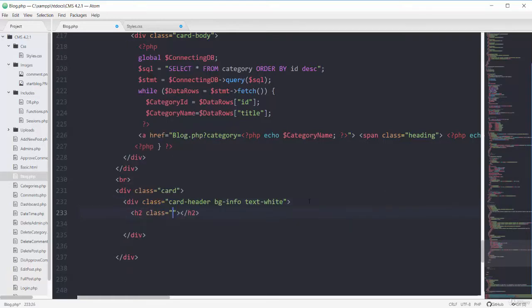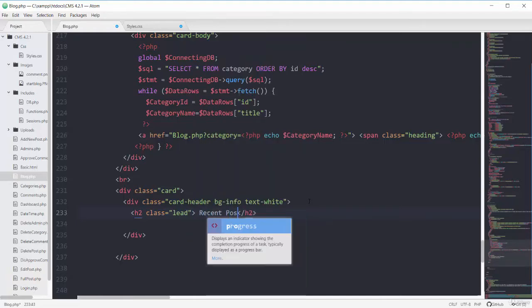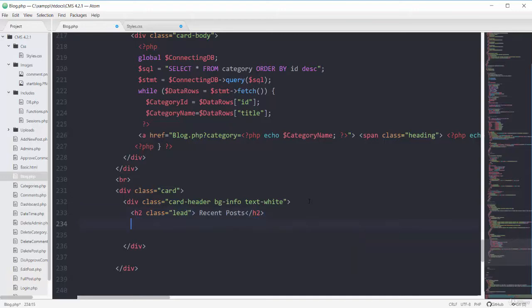Then one h2 heading that will have the bootstrap class of lead, and for the content, recent posts. Then after this card header div, we will have our div of card-body,